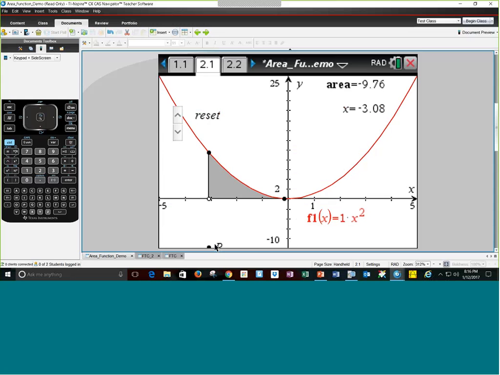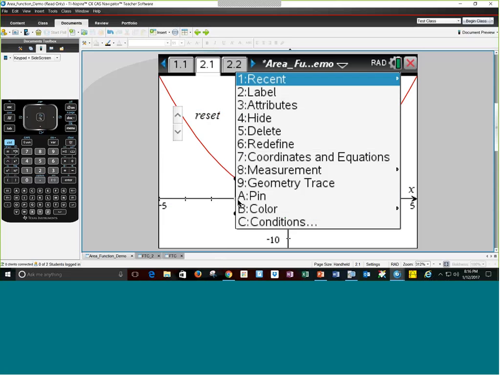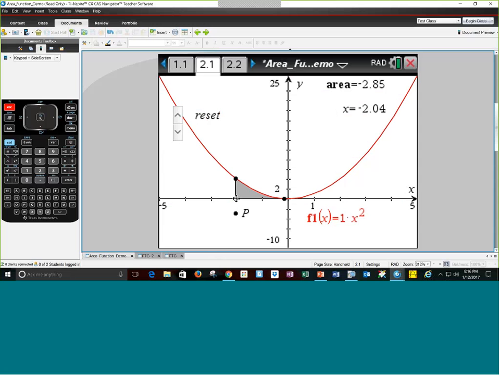What is really nice about the Nspire is that basically they're given, in this case, the graph of a parabola. Okay, point P is right here off the bottom of the screen. So I'm going to grab this open circle, and I'm just going to slowly drag it across the screen. Okay? Now, if you'll watch, up at the top right, you see area. My finger slipped. Sorry about that. You see area, and we see the x-coordinate. And what do you think P is actually representing here, where P is?